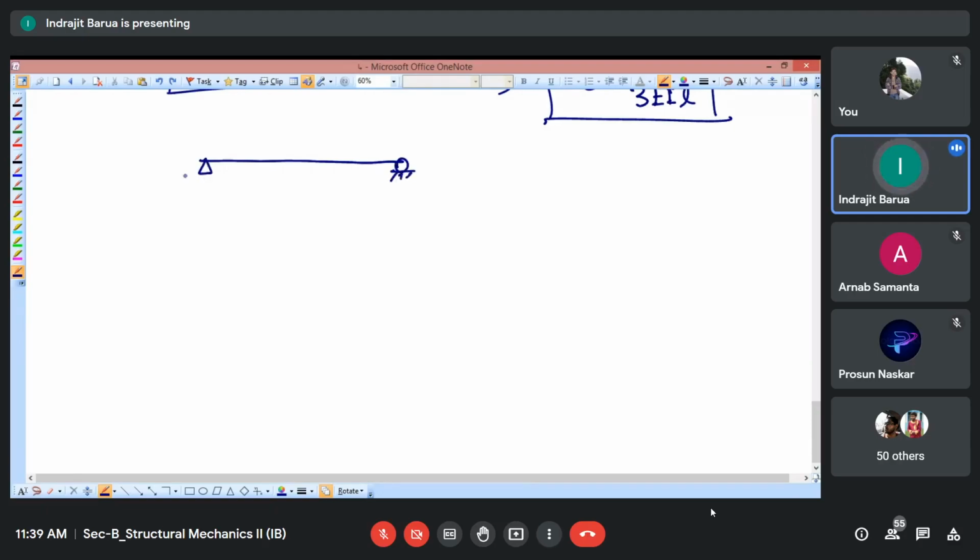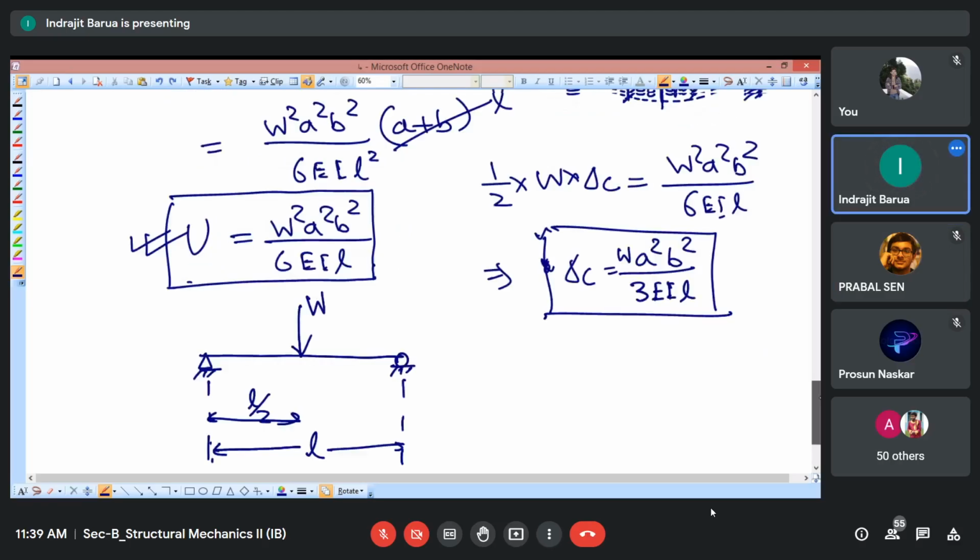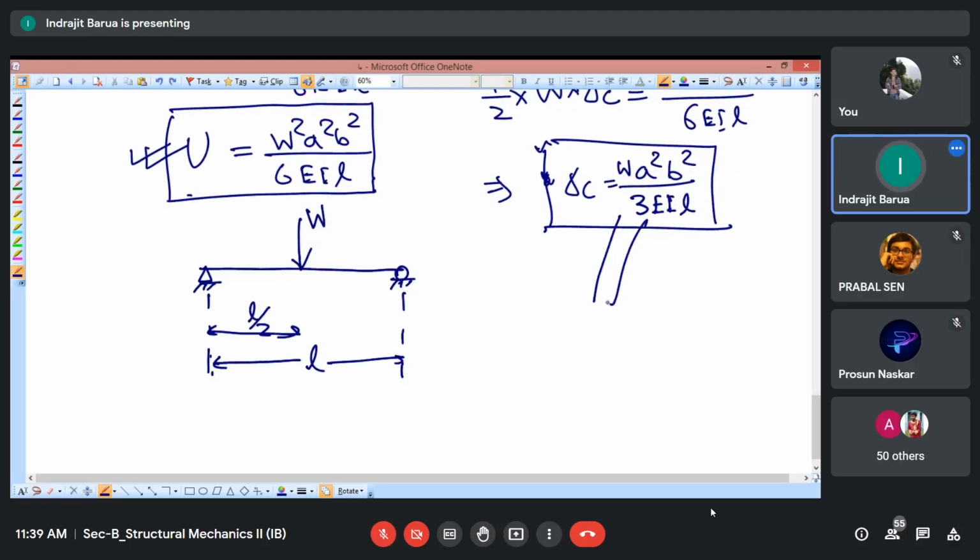Let's say this is a simply supported beam, in any exam or any place it is given to you, of length L. At the midpoint, you have a force W, capital W, which is the concentrated load. In that case, if we replace a and b by L by 2, let's use this expression, replace it in this case, and tell me how much you are getting the deflection at midpoint. That is a generalized equation we need to remember.